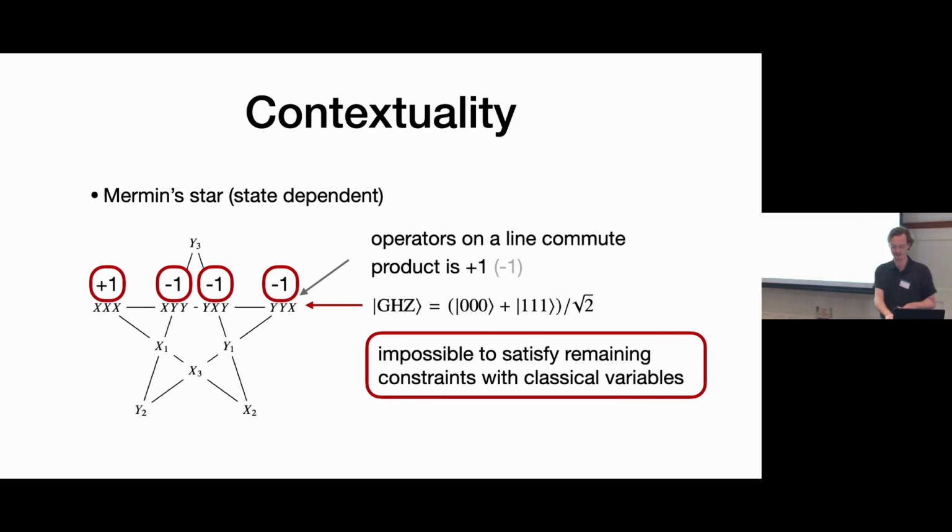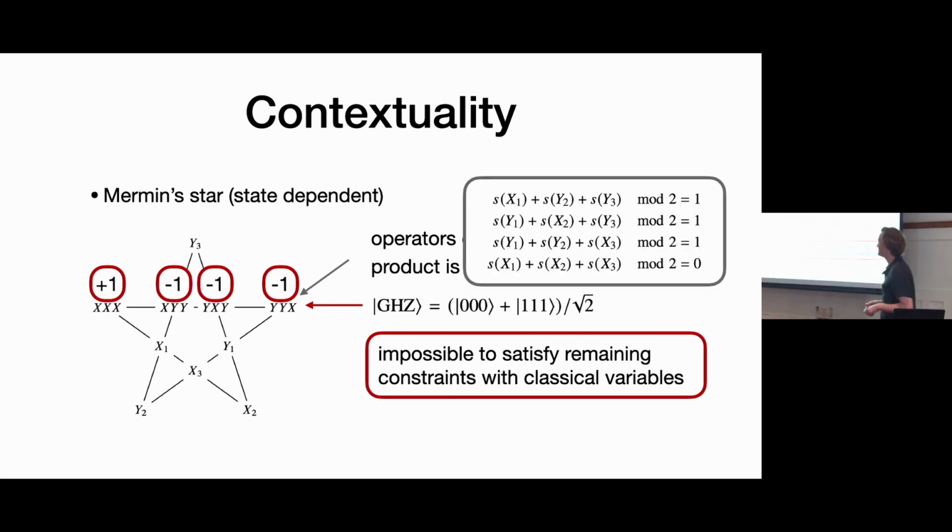And that's because, I have a little plot for this one because it wasn't as obvious to me. Again, every single operator that's outside this row is involved in 2 of these constraints. And then given the fact that you have these plus or minus outcomes along this row, each of these constraints will be either plus or minus 1. And here I think I'm writing them in log-based, minus 1. So 3 of them end up having to be minus 1 constraints, and 1 has to be plus 1. And then you can see that basically if you add up these top 3, you get the bottom one. But this is telling you that mod 2, 0 has to be 1, which is impossible.